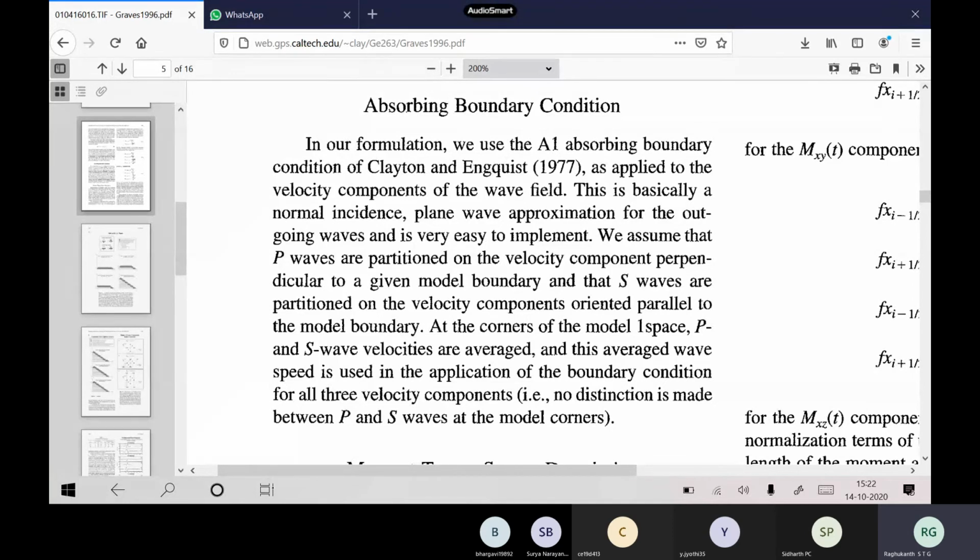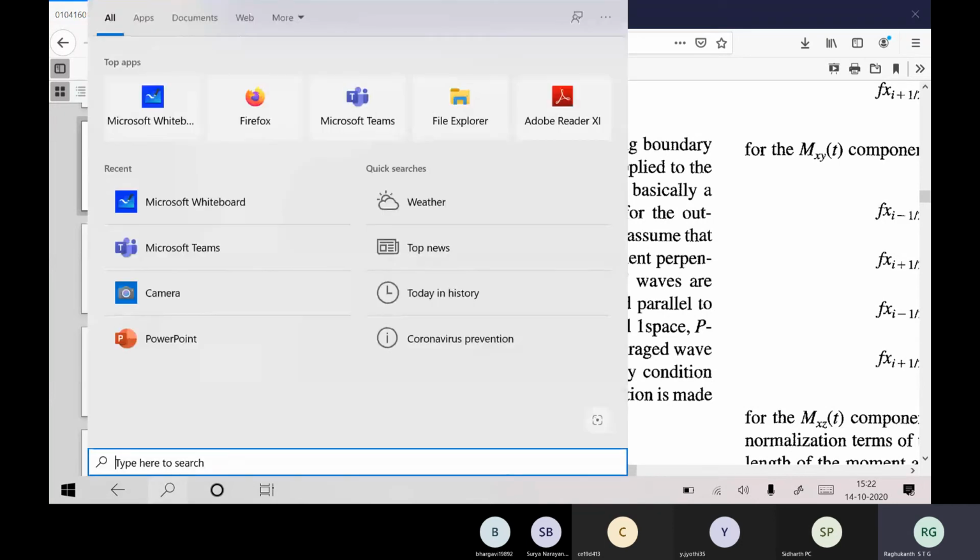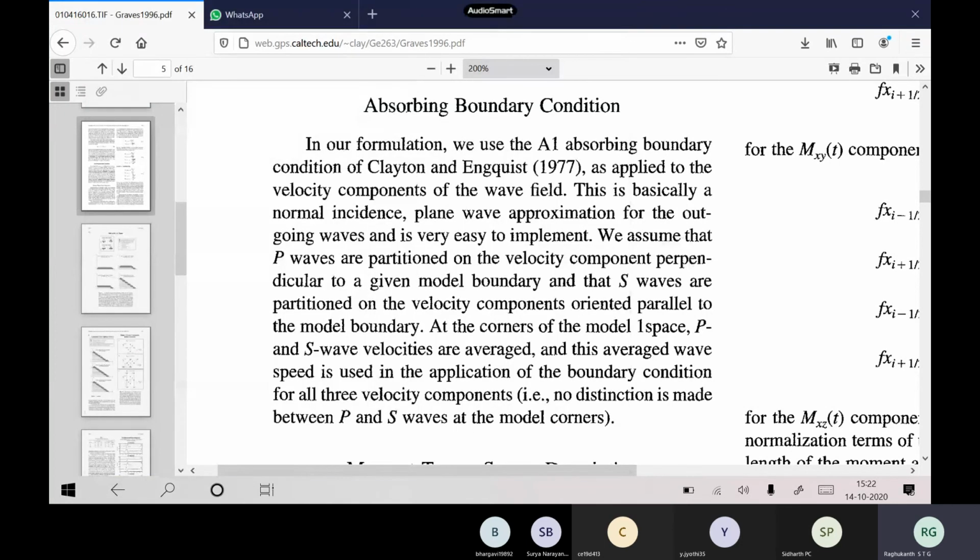This is a very old paper. In 1996, the paraxial boundary condition was the most famous and widely used. After 1996 and 2000, people threw away this paraxial approach. Now everybody uses the PML approach. If you see the Mozco textbook, he has discussed PML boundary conditions rather than these absorbing boundary conditions. Okay, so fine. I will stop here.